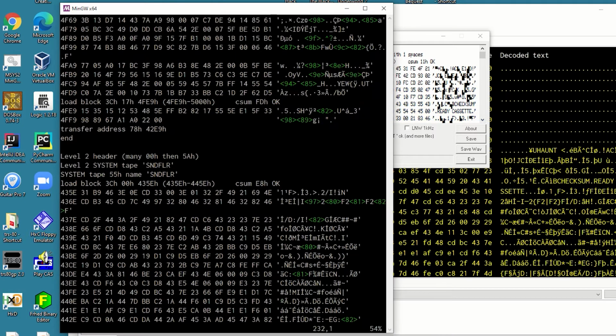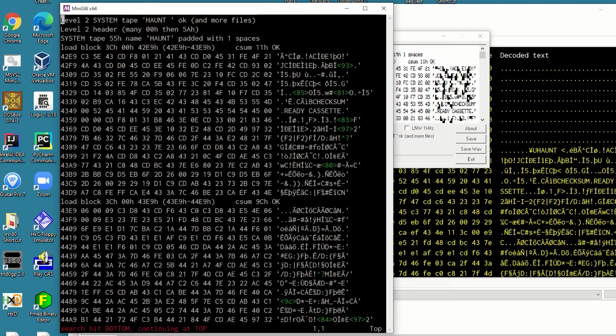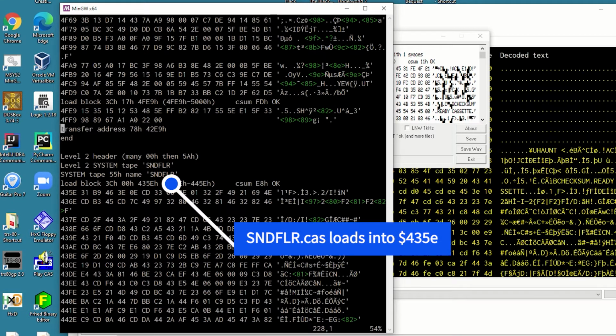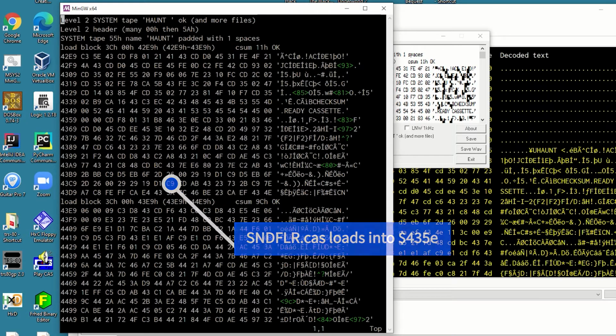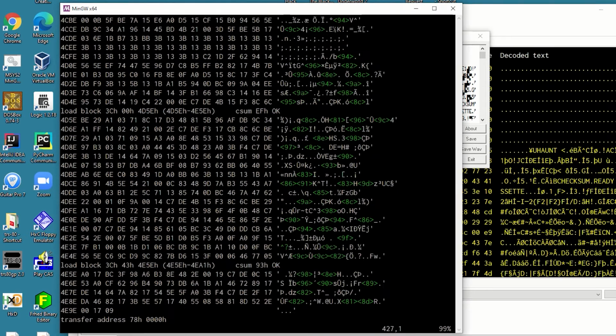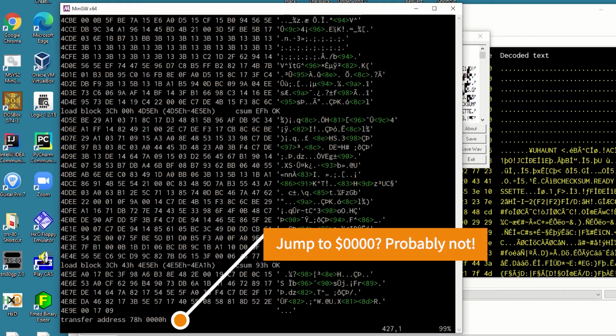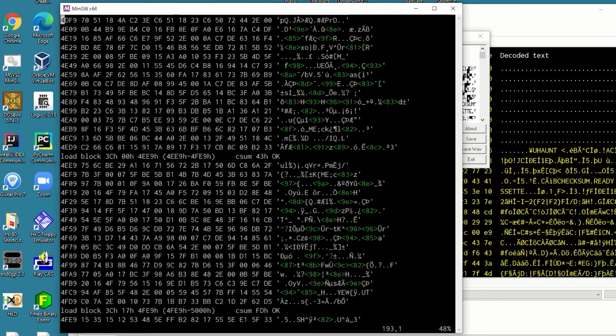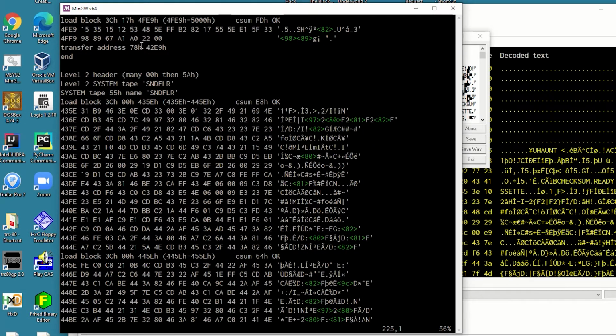Let's jump down in the editor to the secondfloor.cas file, and we can see where that begins. 435E is where second floor loads. It's an overlay of the existing memory the program's using. We notice that second floor wants to set the program counter to 000H. This is probably not what's going on. It's probably calling the cassette routines in the ROM directly,